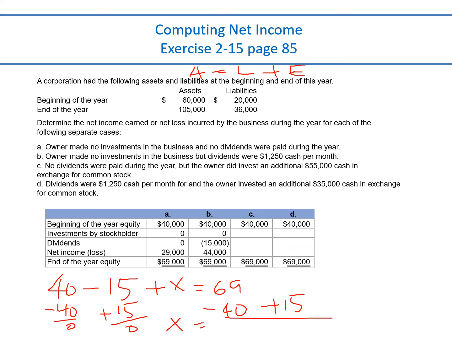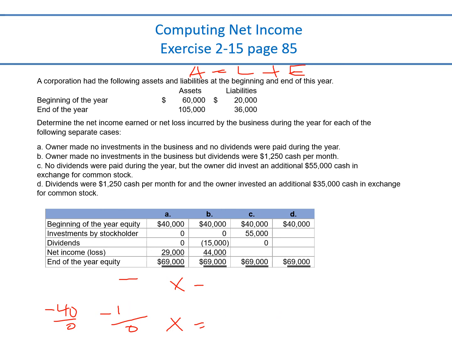In part C, they tell us that no dividends were paid during the year. The owner did invest an additional $55,000 in cash in exchange for common stock. So our dividends are 0, but our investment by stockholder is going to be an increase of $55,000. And they're asking for us to solve for net income. So if I erase my previous algebra problem